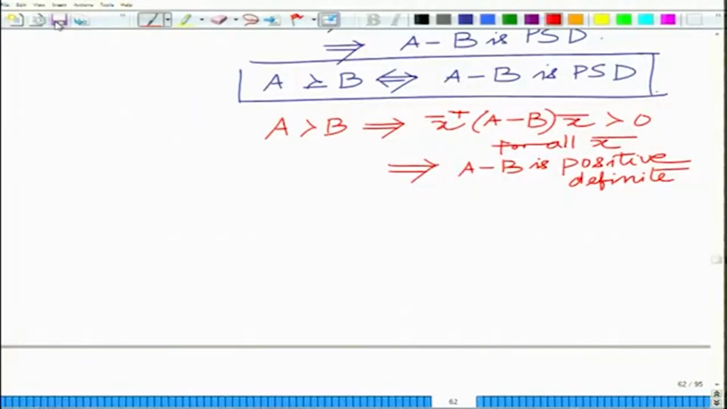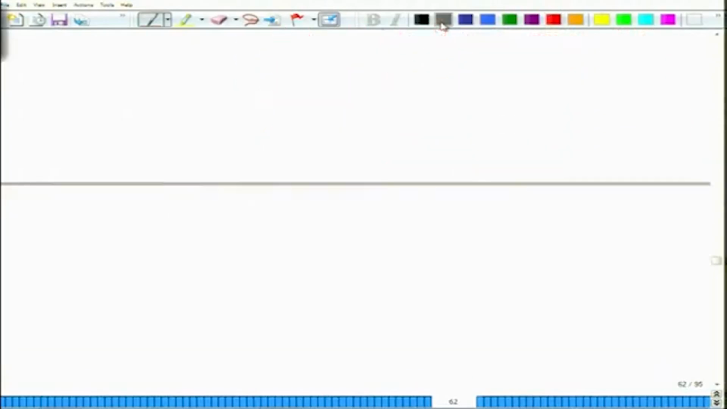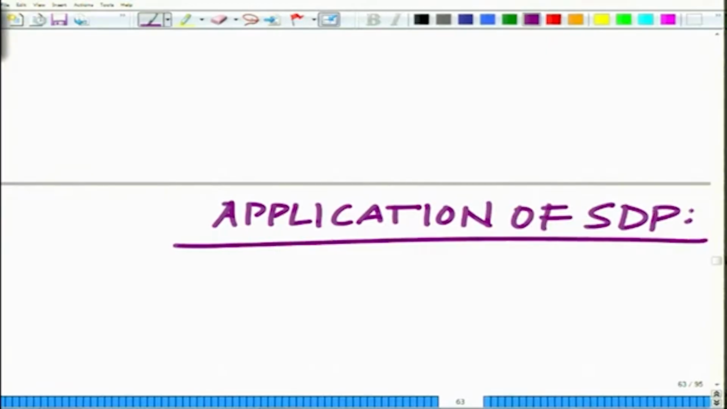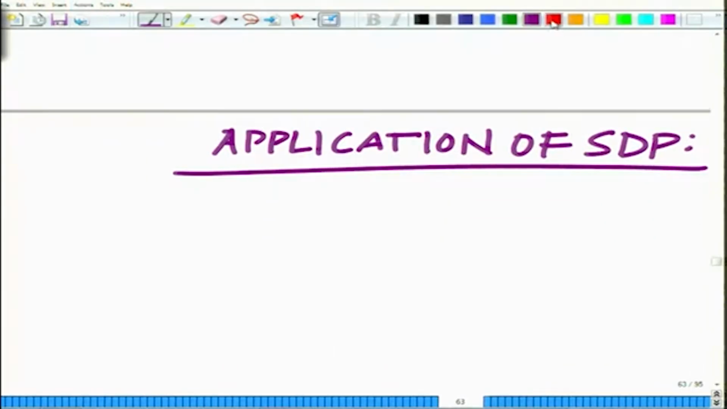Okay. Now, let us look at an interesting application for this semi definite programming. This has, as I said, it is very interesting, it is powerful, it has several applications. So, let us look at an application of SDP, and the application is as follows. Again, let us go to our MIMO wireless system. So, let us consider a MIMO system,